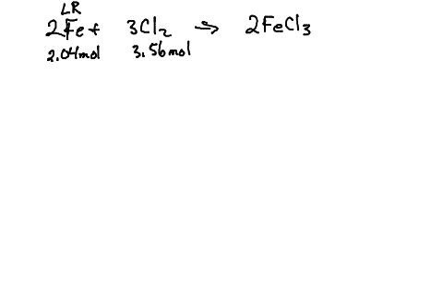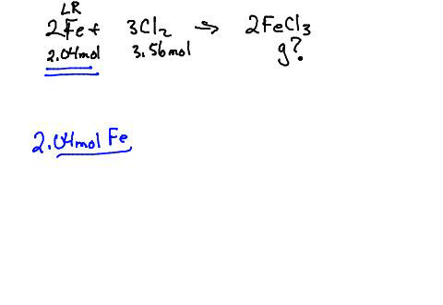So now, next part, C, says how many grams of iron 3 chloride is formed. So grams here. But which one do I work with? We always use the limiting reactant because that one is going to be used up first. The excess, we've got leftovers, so we don't know how much leftover we have at this point, and so we need to work the limiting reactant only now.